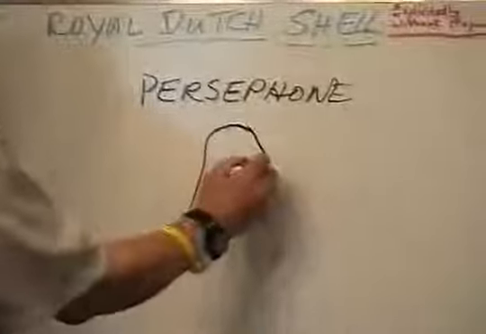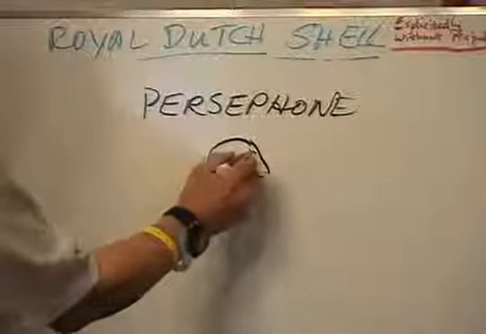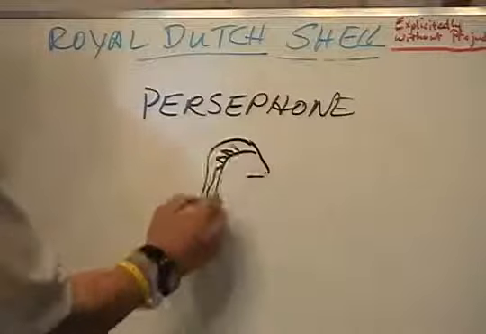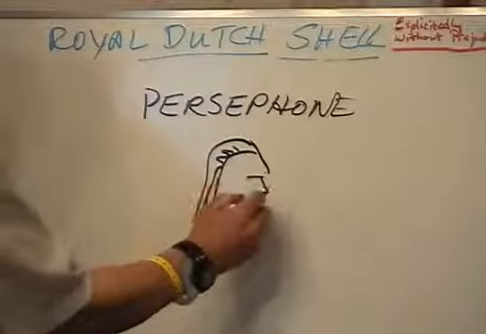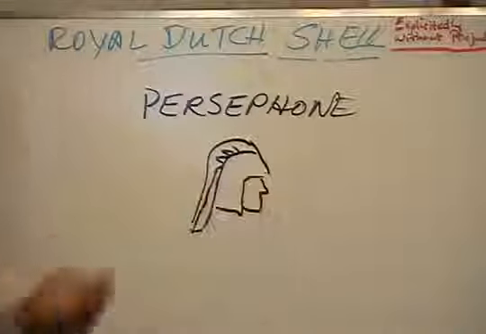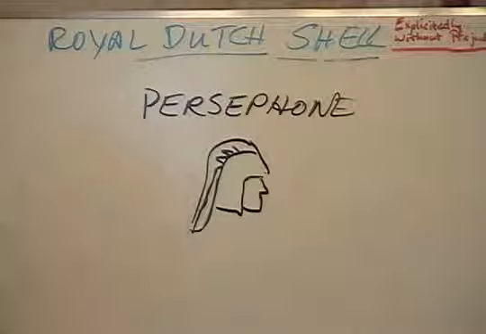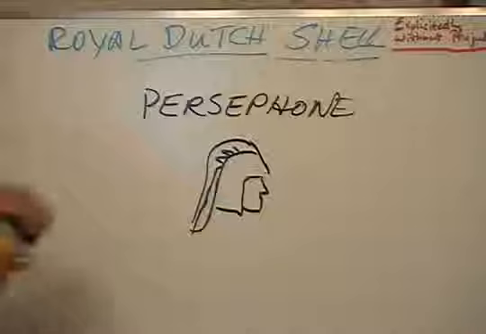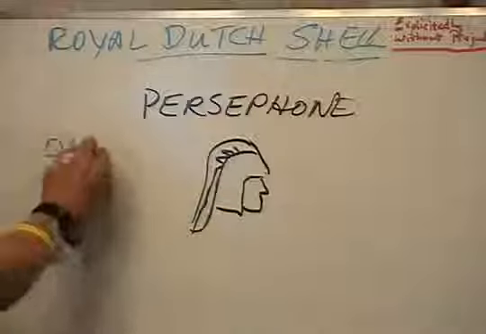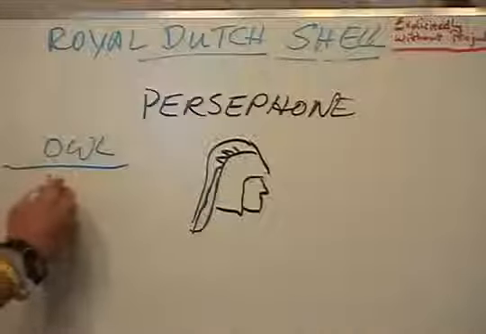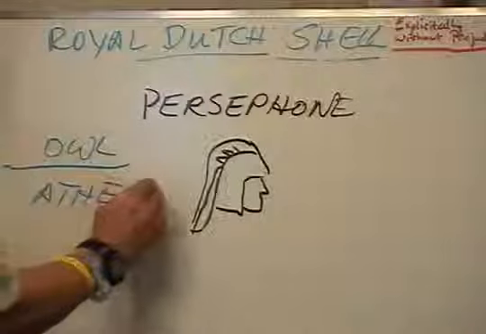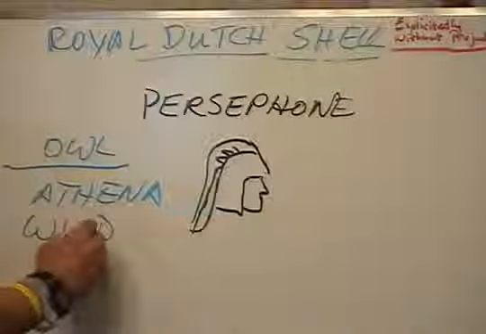Her. Persephone. Hey, that name was in The Matrix. Remember the movie The Matrix? That was the Merovingian's girlfriend. That was her name. She's wearing the eagle feathers of her father, of Jupiter. Who's the eagle? Jupiter. Who's the owl? She's the goddess of wisdom. That's why it's a wise old owl.